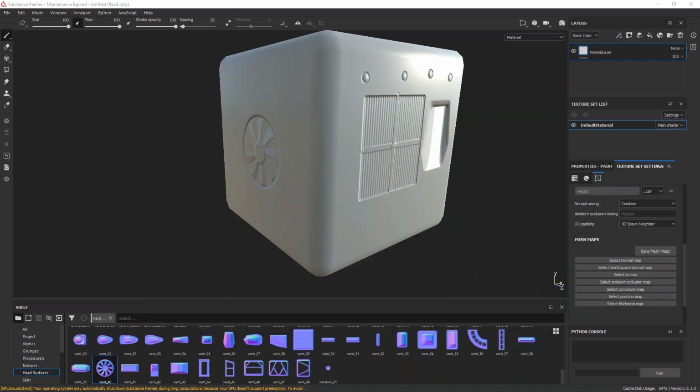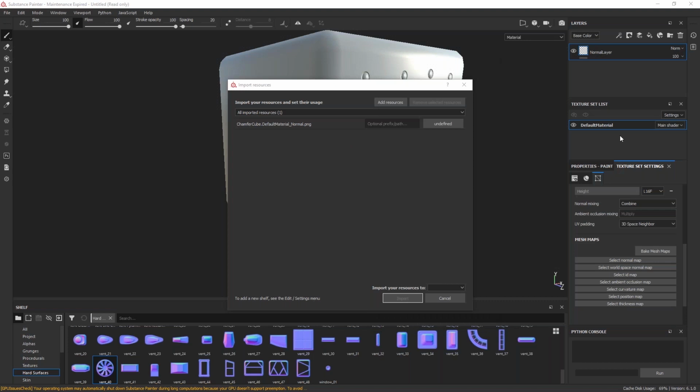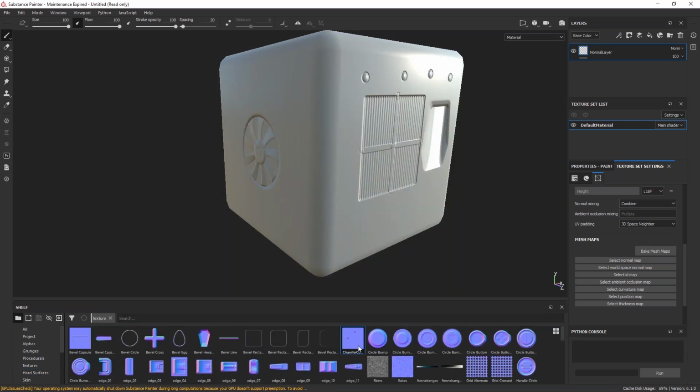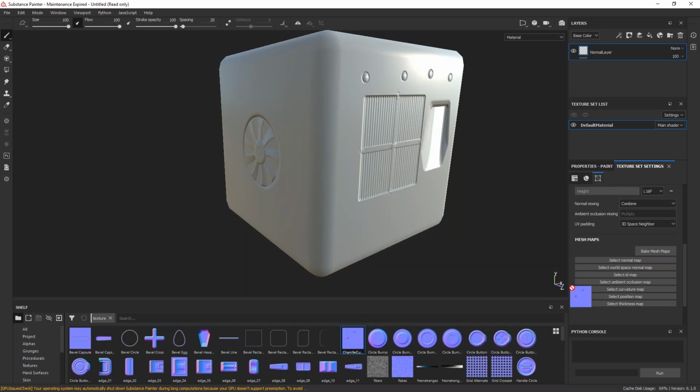And what I'm doing now with this normal map is I simply drag and drop that texture here into Substance Designer. It will ask me for an optional prefix. I say this is a texture, and where to import the resources to, the project Untitled because it's saved. Okay, it automatically selects that one. And now I drag and drop that texture into the mesh maps slot called select normal map. There you go. It's now duplicated inside, and we disable the